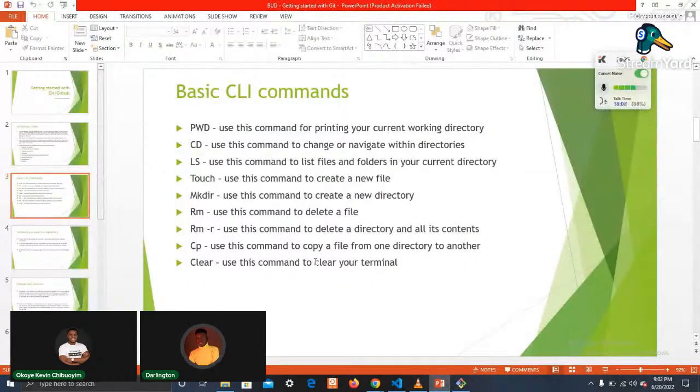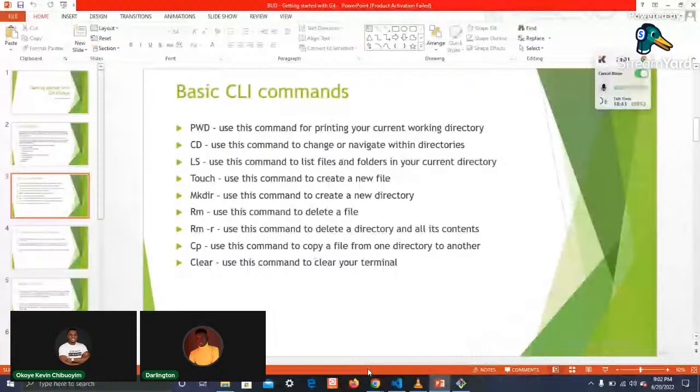So we've been looking into our next command. The next command we'll be looking into is the rm command. This command is usually used to delete a file. We'll be looking at the next two commands together, the rm command and the rm -r command. The hyphen r means recursive. Recursive is usually used to delete a directory and all its content. We use rm to delete a single file, but when you want to delete a directory with a lot of content in it, you have to add the recursive, the r there. It means that it should continually delete until the whole folder is cleared.